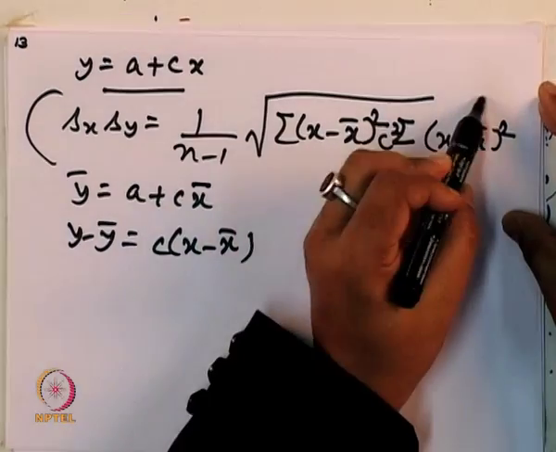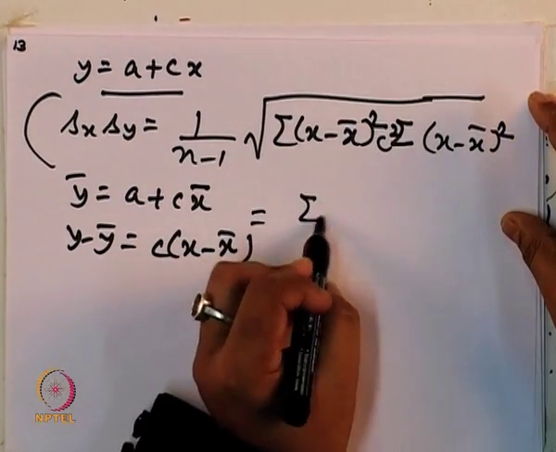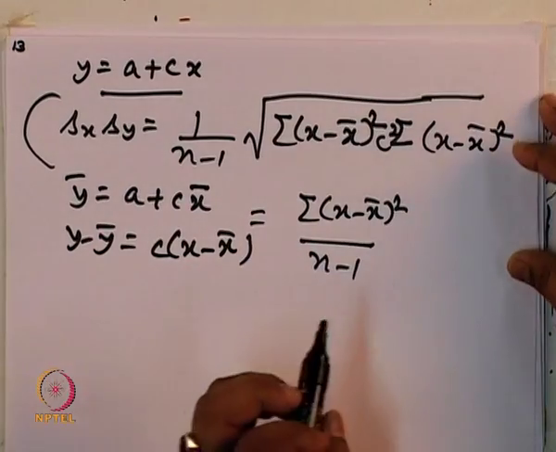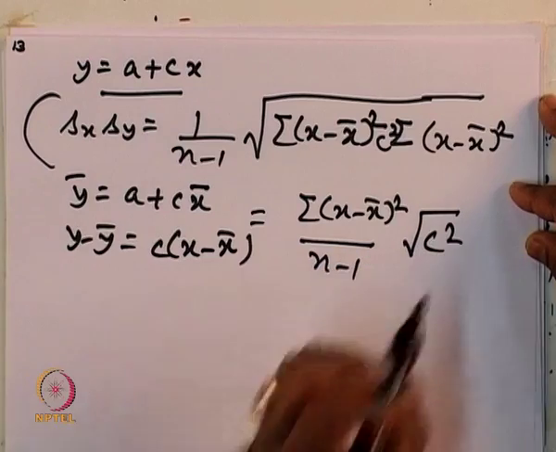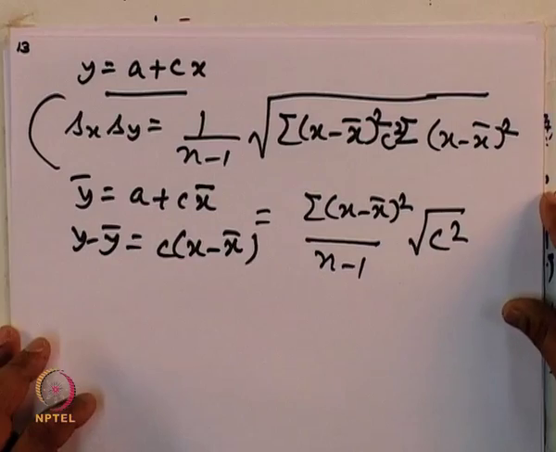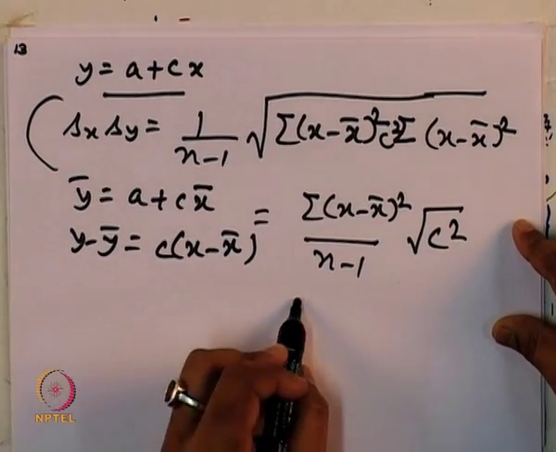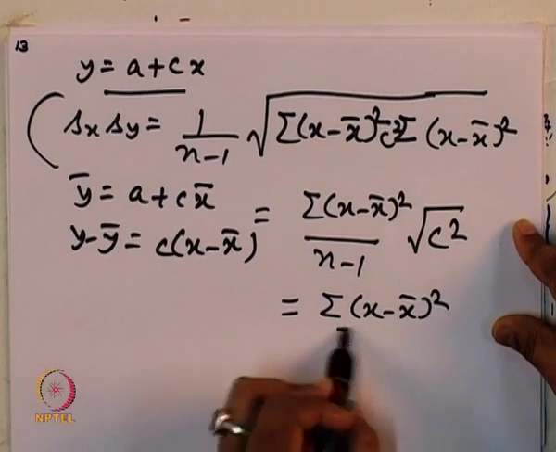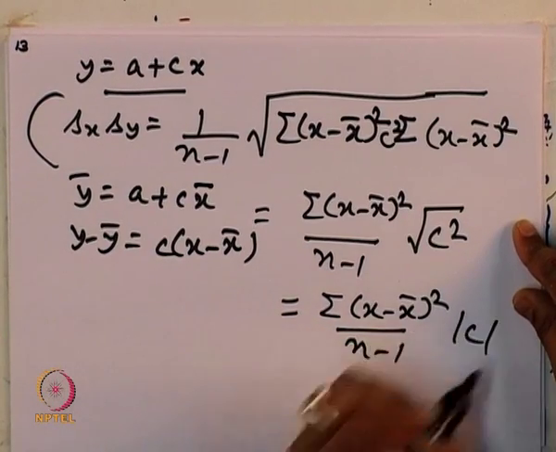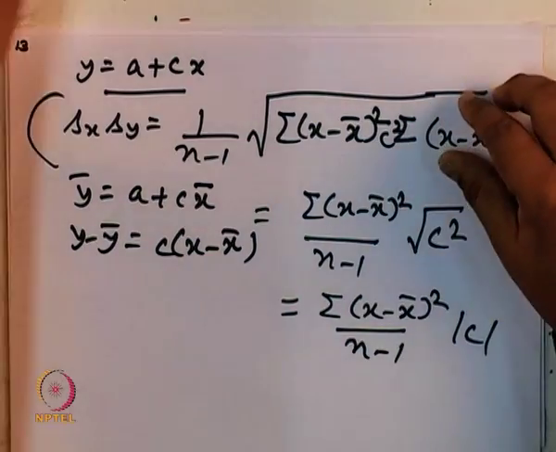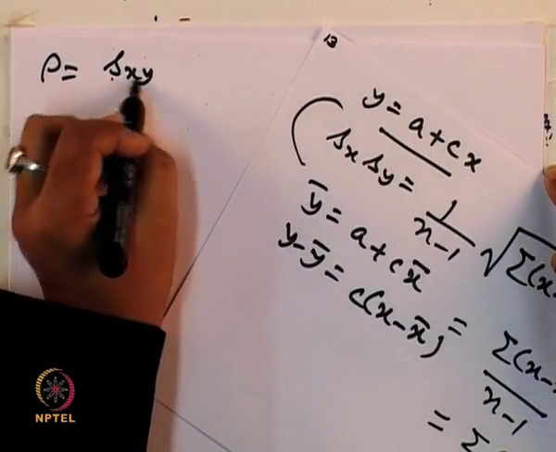Okay. So, under root I can take it out, which is equal to summation of (x minus x bar) whole square by n minus 1 into root of c square. Okay, so this is what I have. So, I can write it as summation of (x minus x bar) whole square by n minus 1 into mod of c. Okay. So, if I do this, then my rho is defined as Sxy by Sx into Sy,